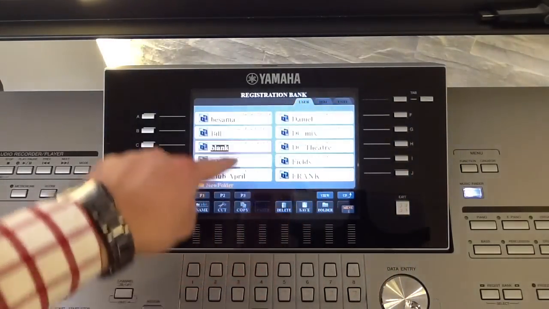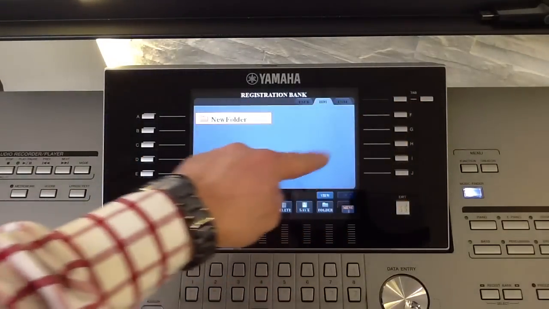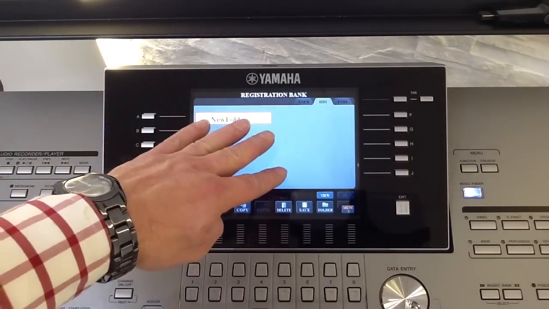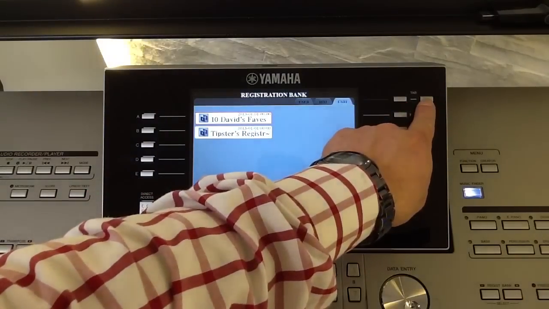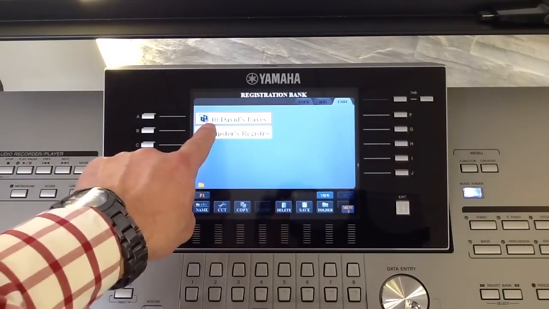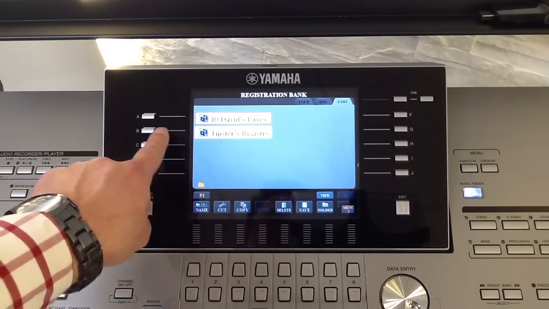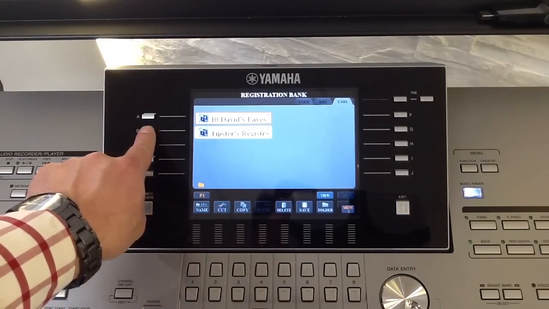Now the user port is where we are at the moment. If I go across to the hard drive, that's the big memory where you can store loads and loads of files, and then the final one is the USB port, and in the USB port we have the things off our memory stick. So in this case we have my files, and I could choose maybe the Tyros Tipsters registration pack,